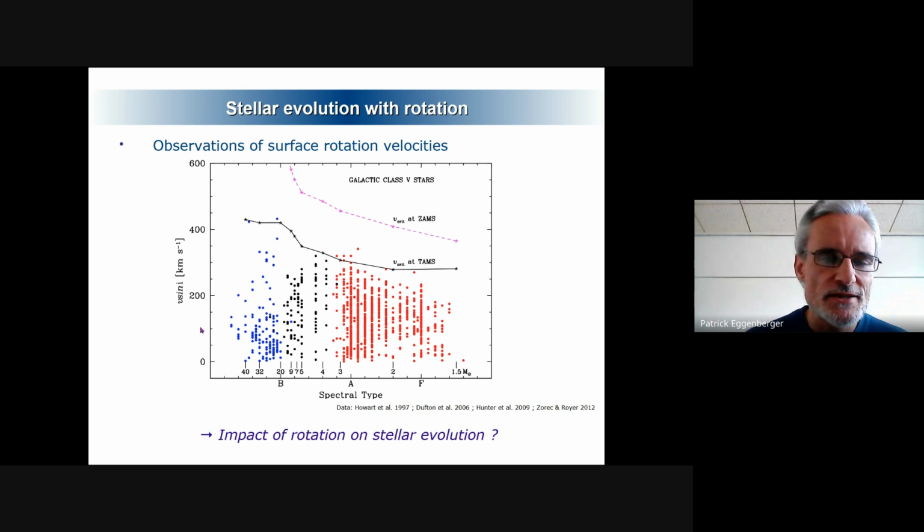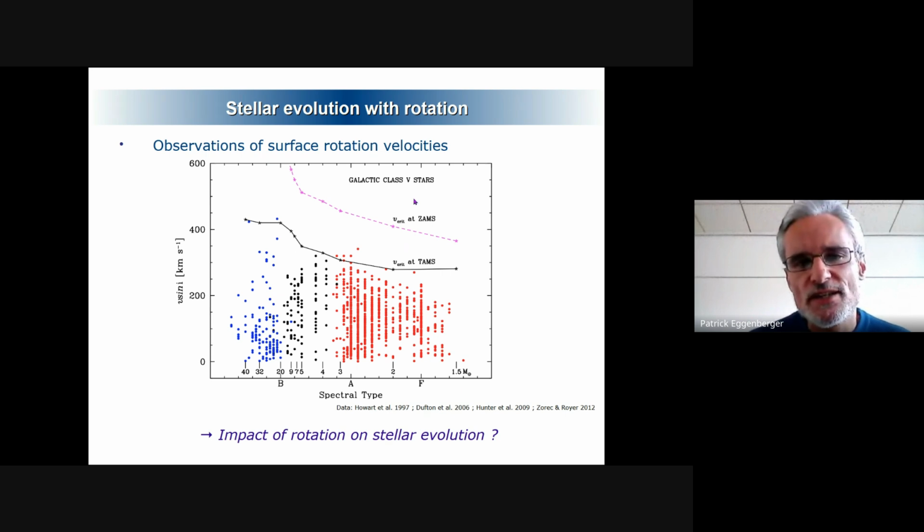So what you see here is the projected velocity obtained by spectroscopy as a function of the spectral type. If we are looking at 9 or 20 solar masses, you see that you have a lot of stars here with a lot of dispersion. So you have very slow rotators, at least for the projected velocity, but you can also have, here you see,